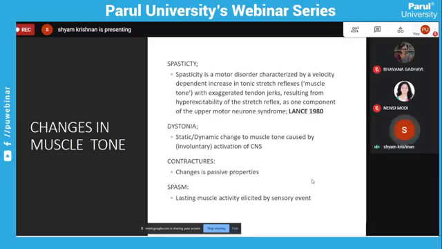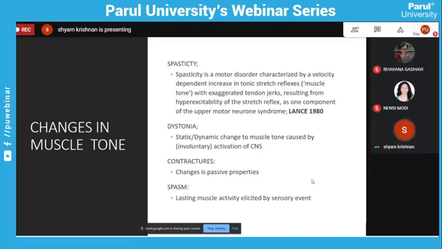So, the next term is dystonia. Now, when you go to a stroke patient and see a synergistic pattern, you see that the patient's upper extremity, for example, has the scapula elevated, the shoulder abducted and internally rotated, the elbow flexed, the forearm pronated, the wrist flexed, and it is in that posture. What you need to understand is that whatever you are witnessing is not because of a passive movement being applied at various speeds. It is something which is present at rest.